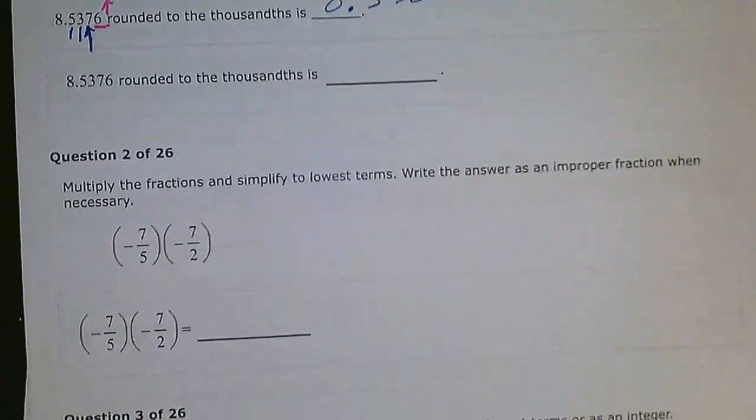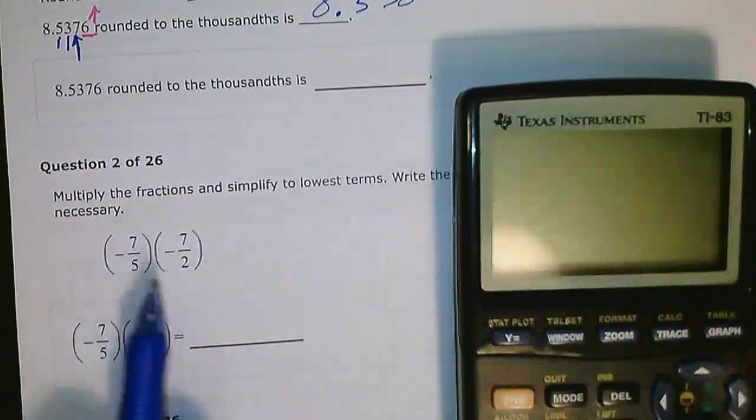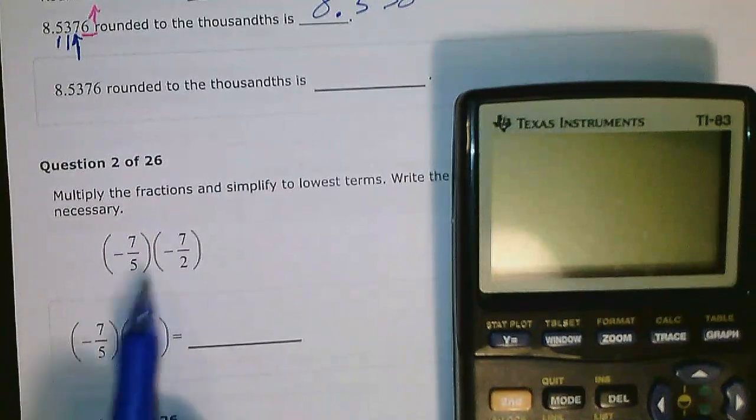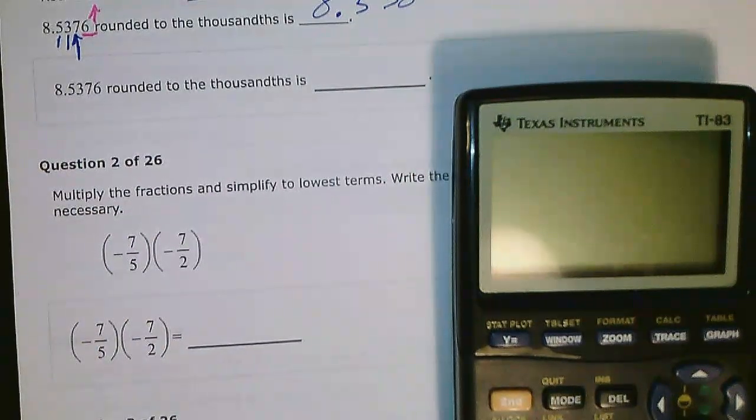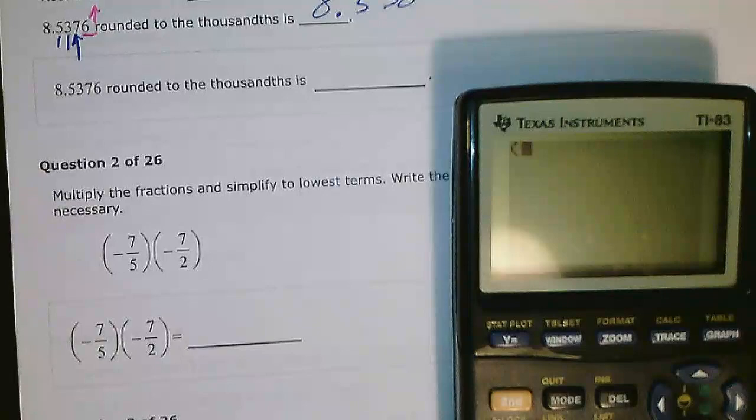Moving on. Number 2. Multiply the fractions and simplify to lowest terms. Write the answer as an improper fraction when necessary. So we don't need to turn it into a mixed number. I don't know if that's something you've even encountered. But I'm going to show you how to use the calculator on the questions I would assume that you would use a calculator on. So I like to put my fractions